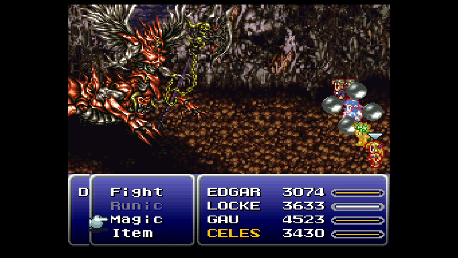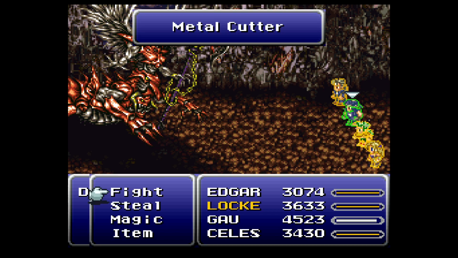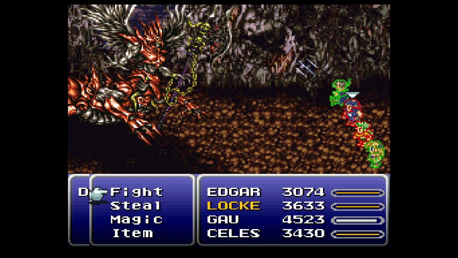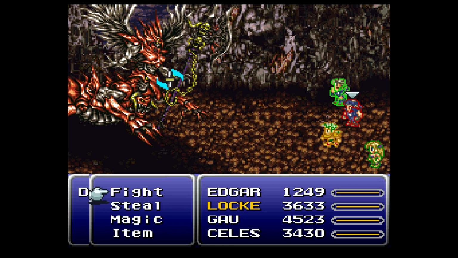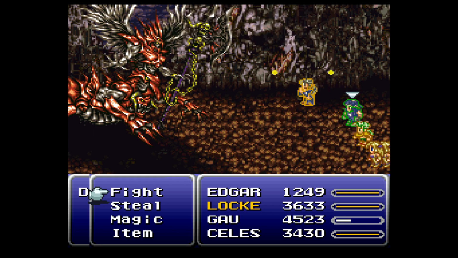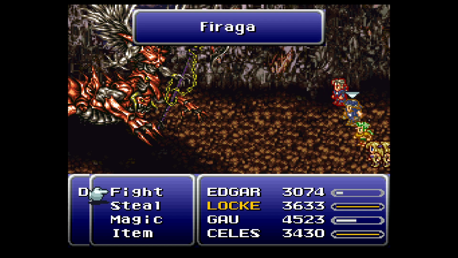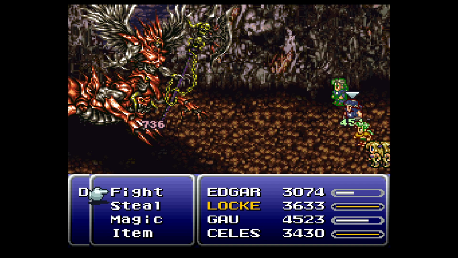I guess another small benefit to all of this worth mentioning, Locke, or no, yeah, Gao, was using a two-handed weapon previously, which means he wasn't using a shield at all. So you can see there he negated a physical attack with his shield by dodging, and that is also a huge